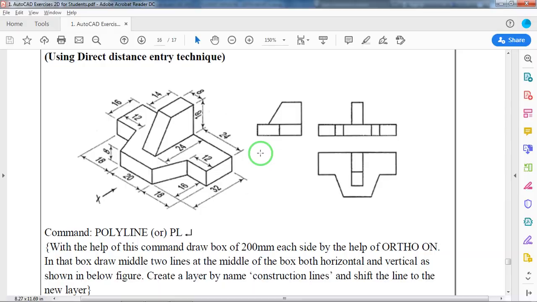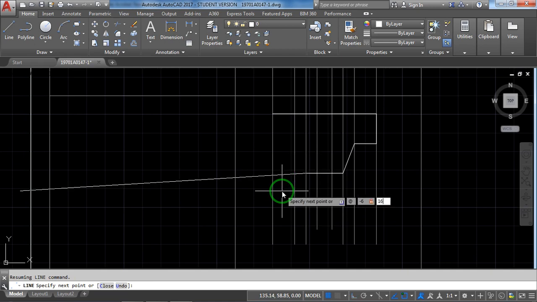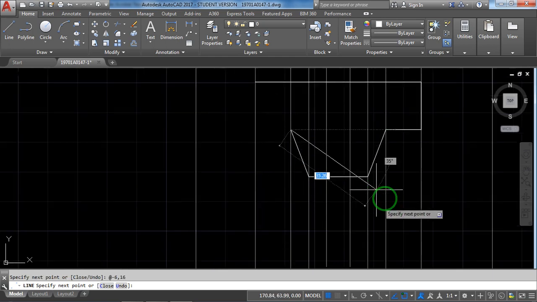After this straight line, again this inclined line. Now from this particular point, how can you choose this point with the help of relative means? X direction minus 6, Y direction plus 16. Understand? So from here, at the rate minus 6 comma plus 16. See how we notice this? We have drawn one more inclined line.